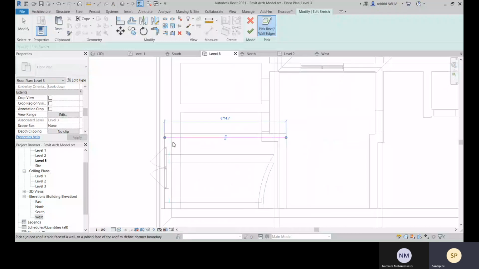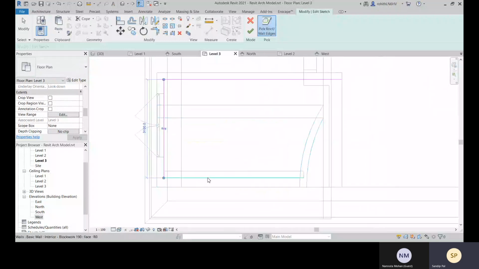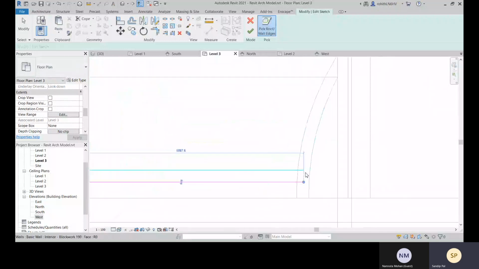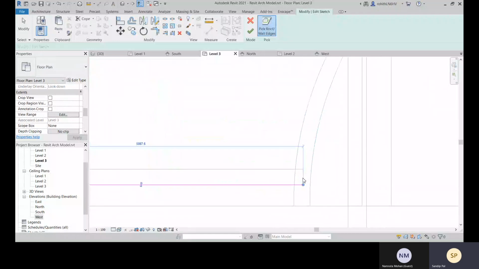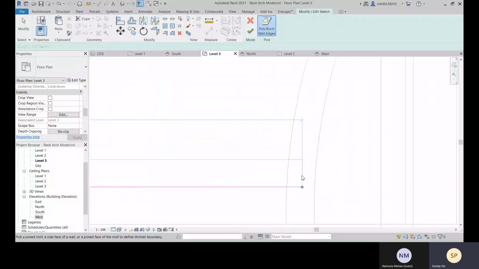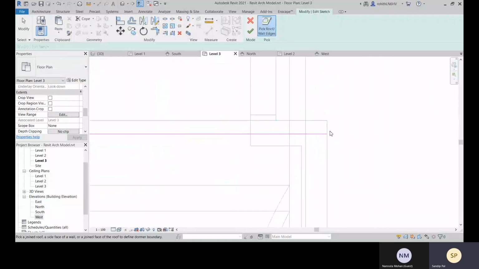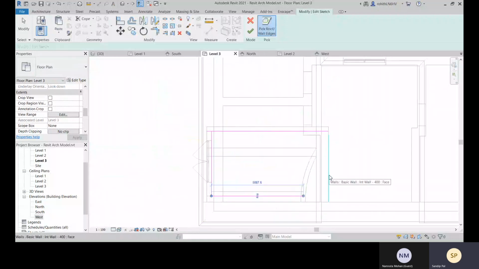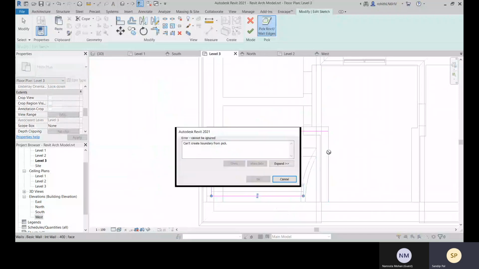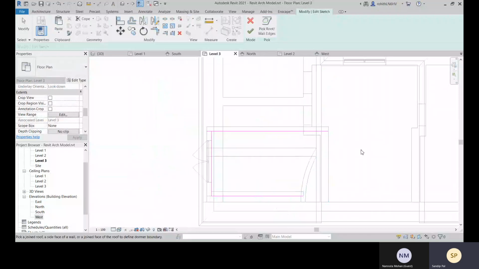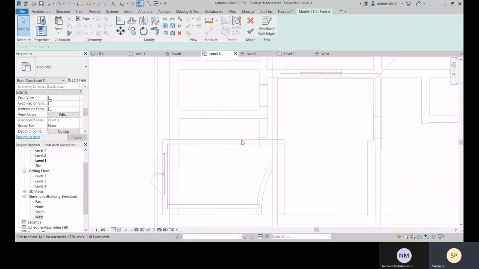Okay, so this edge, this edge, this edge, and then next this edge will be selected. I'm having the same problem here.